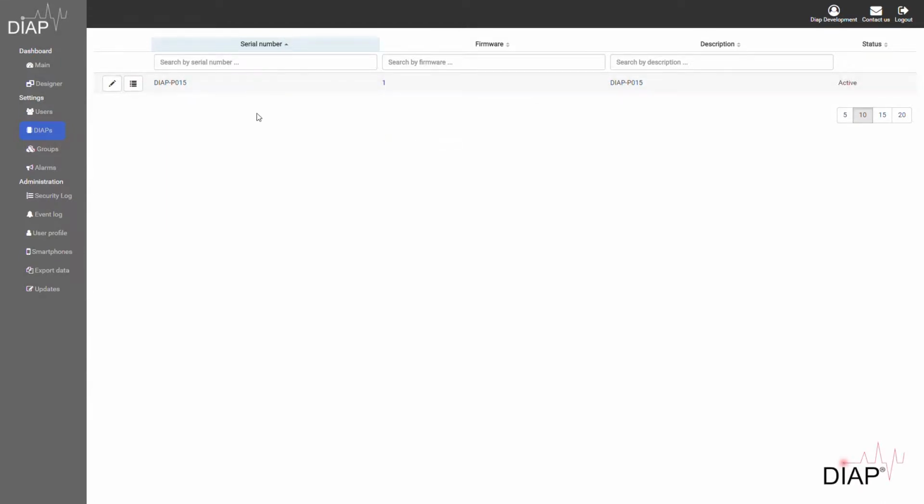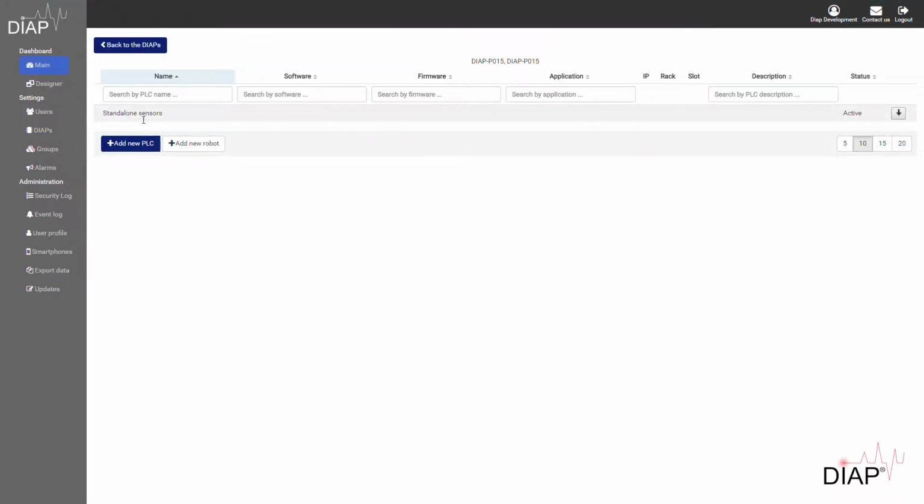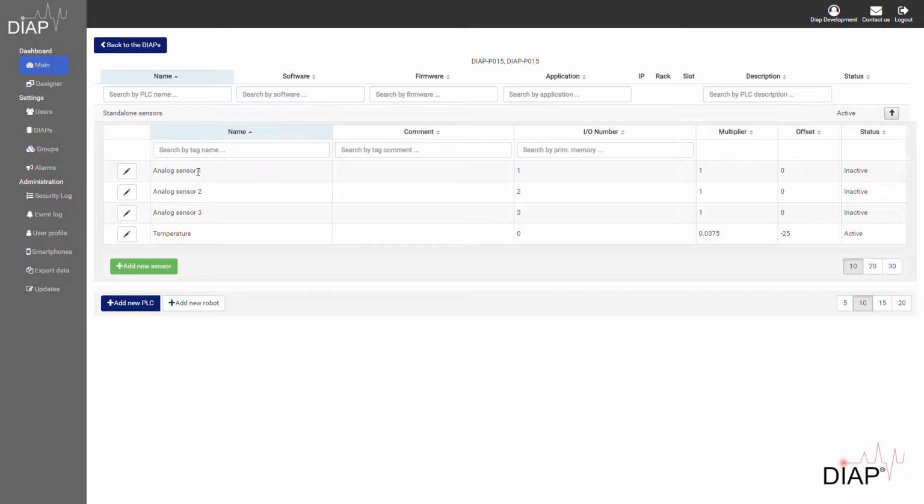So now we're going into the configuration of the PLC, the sensors, and any other device that you want connected to the internet. Right now we have standalone sensors, and we click on that, we get some pre-defined sensors that I've set up here. We have 4 analog sensors where we have named one temperature, and if we click here, you can